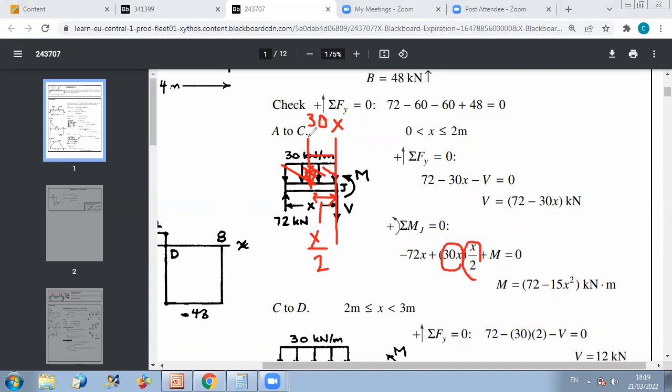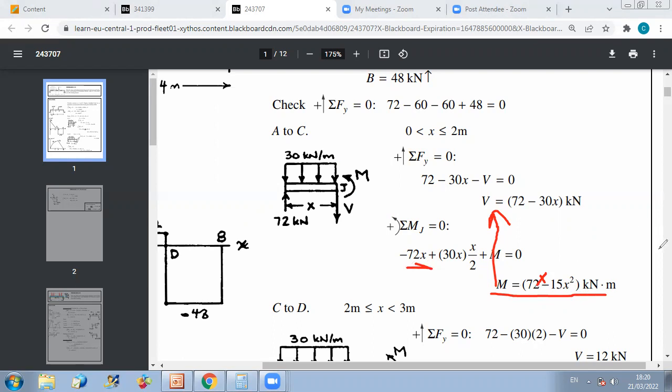And as you can see, the moment created is counterclockwise about this point. This is why it's plus 30x squared over 2. And then in total, I get that the bending moment at any x location within section 1 is 72x minus 15x squared. As I told you, to verify your result, derive M. If you derive M with respect to x, here you have 72, x is missing here, okay? It's here. So if you derive M, you get dM by dx